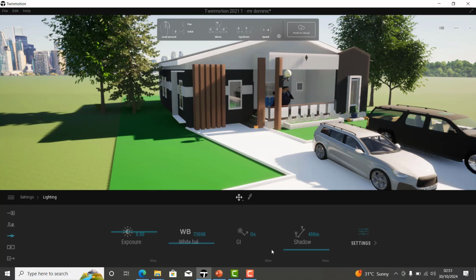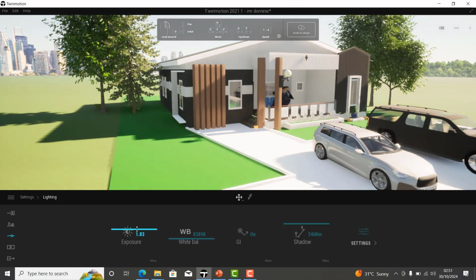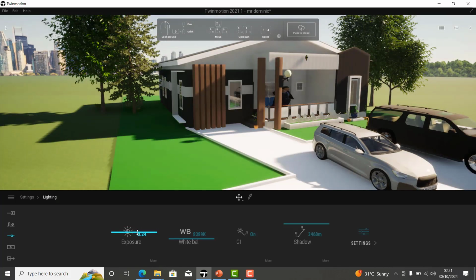The lighting as well, you can see here the shadow. You can play around with your shadow, white balance. You can see as I'm taking the exposure, as I'm moving, it's actually going along with me, right? So you can increase that, you can as well reduce that. So this shadow, let me